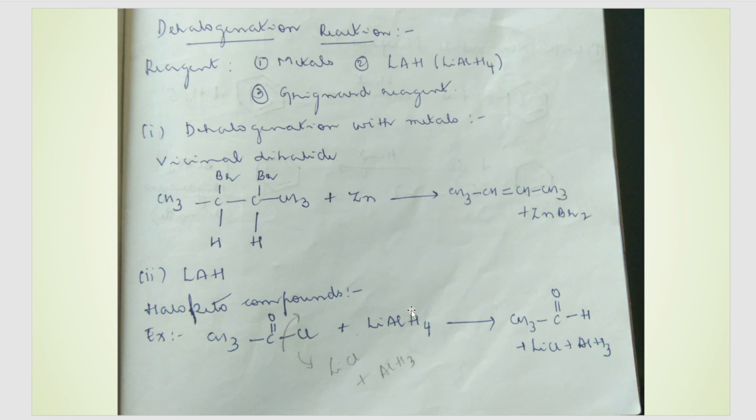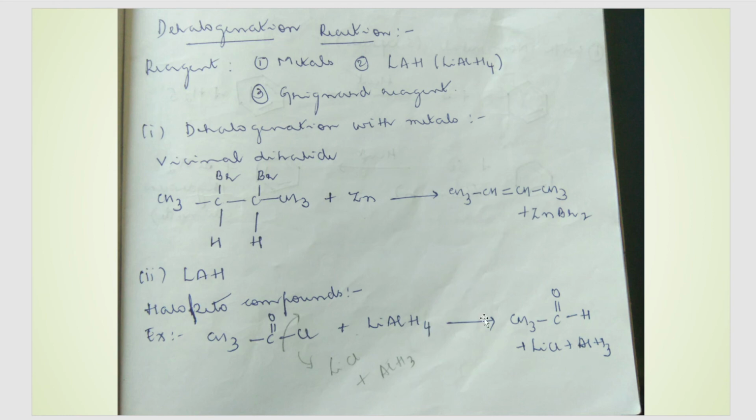Next, since chlorine has gone out as Cl minus, this carbon will have a plus charge on itself, and AlH4 is there, out of which one of the hydrogens comes out as H minus and combines with this carbon which has a plus charge to give CH3 C double bond O bond H, LiCl, and what else is left?